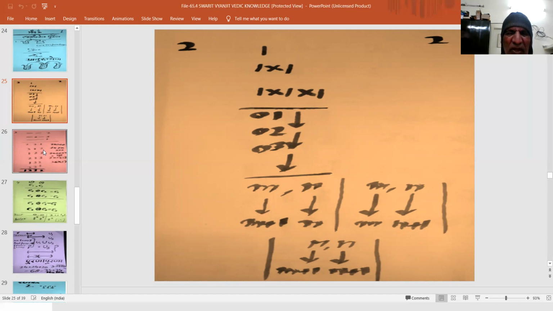And this way we can go on having transitions, and it is this transition, when it is of M cross N, that the first digit may remain constant and the second may progress, or the second may remain constant and the first may progress, or both can progress.